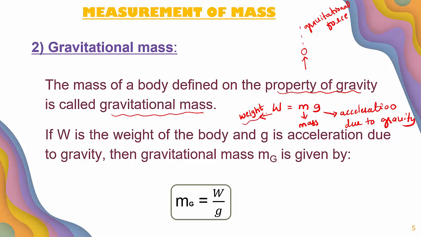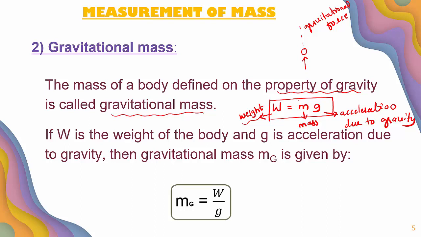Remember, weight and mass are not the same. Both are completely different. Weight always depends on acceleration due to gravity, that is gravitational force. According to gravitational force, the weight of a person or an object goes on changing. But the mass is always constant. It is a constant quantity. Right? So we can use this equation here, W equal to m into g.